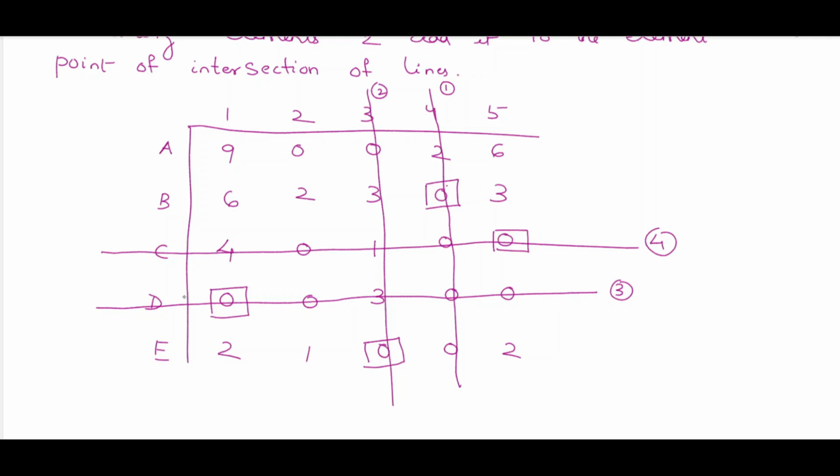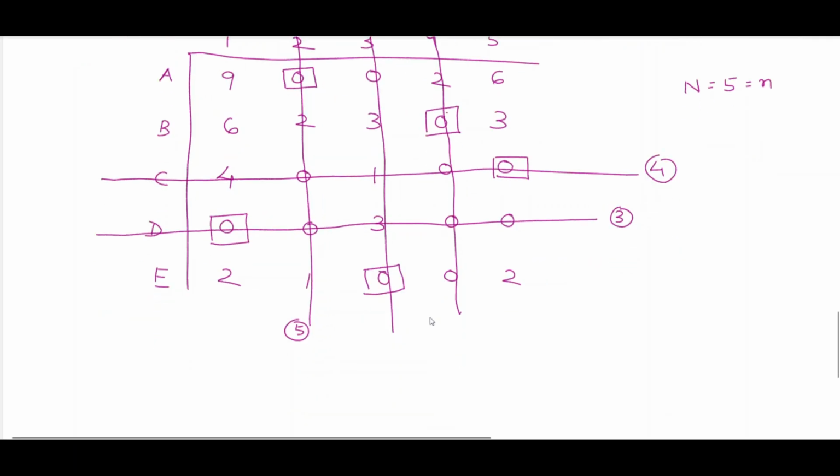Again we will go for row-wise scanning. Here in the first row we have only 1 zero. So again mark this 0 and cut along this column. Now this is 5. Now you can see all the zeros we have covered, and our capital N is equal to 5 and it is equal to small n, the order of the matrix. So now this is the optimal solution.